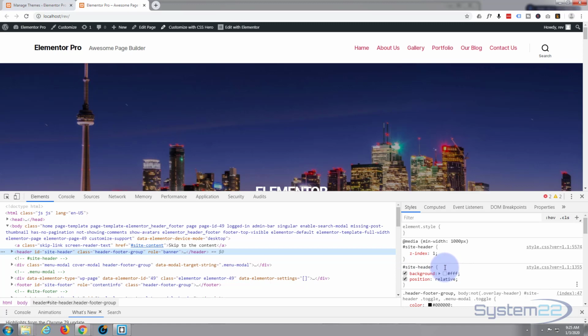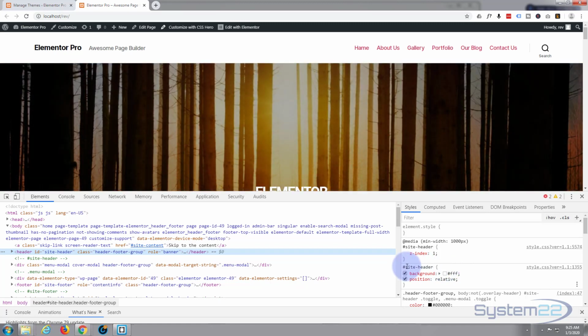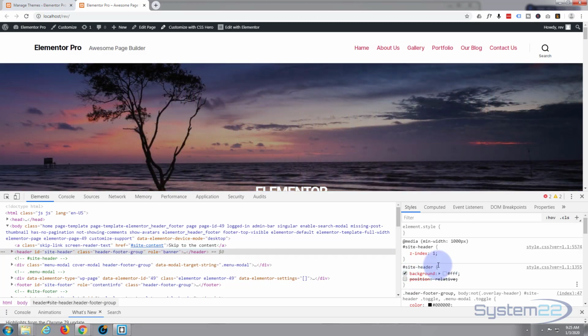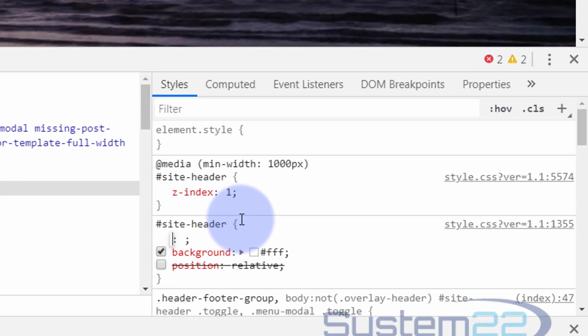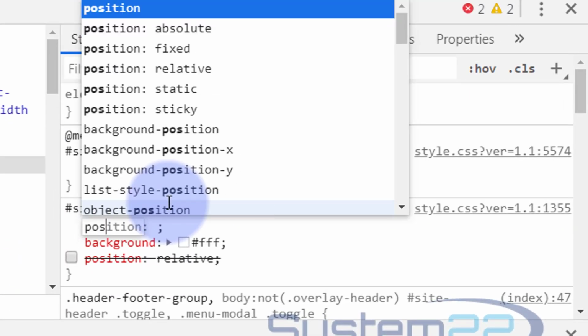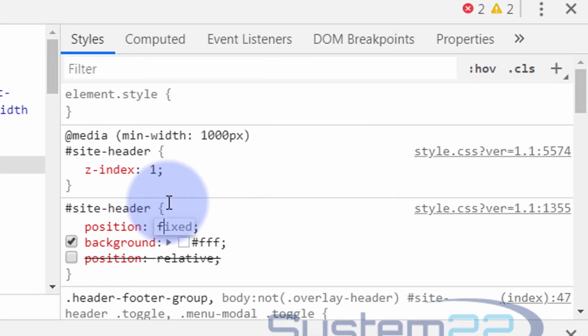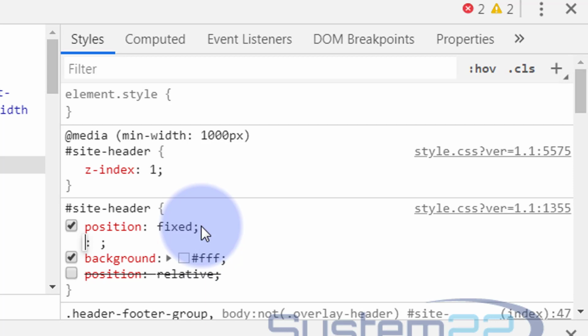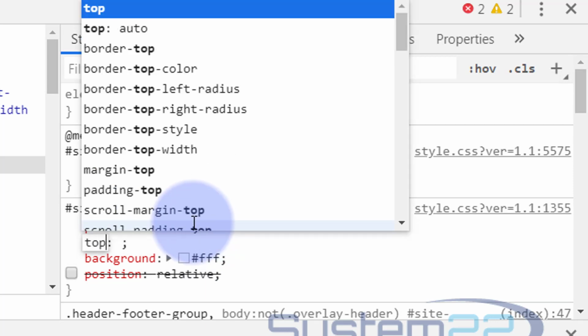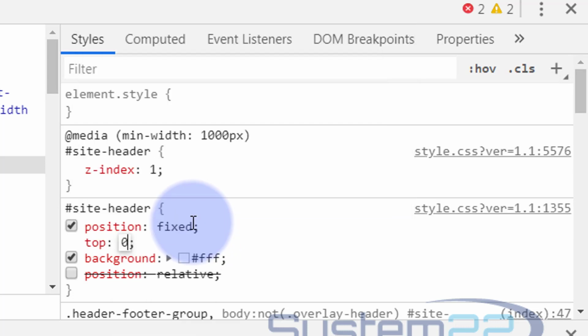Okay, so we've got to change a few things. I'm going to do it on this one that says hashtag site header. First thing I'm going to do is uncheck the position relative. I'm going to say position fixed. Then we have to give it an actual position that we want it to be. So I'm going to write top: 0 because we want it right at the top,